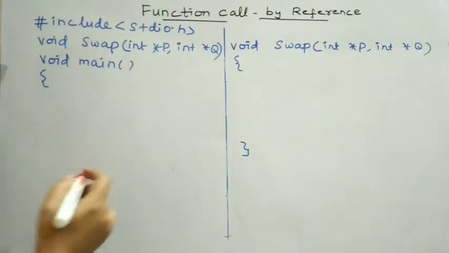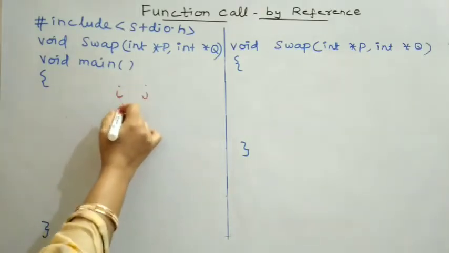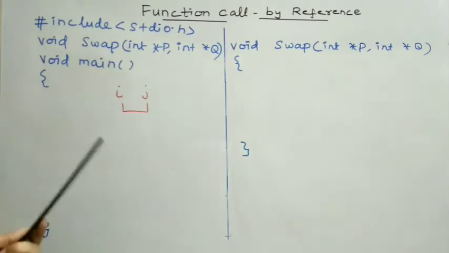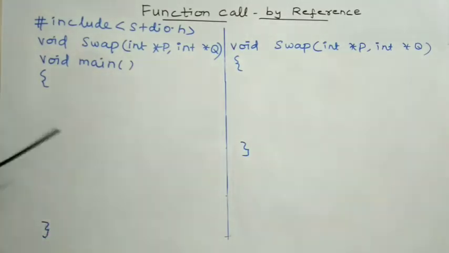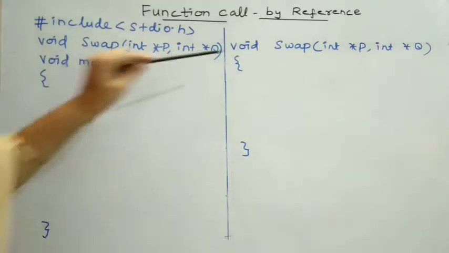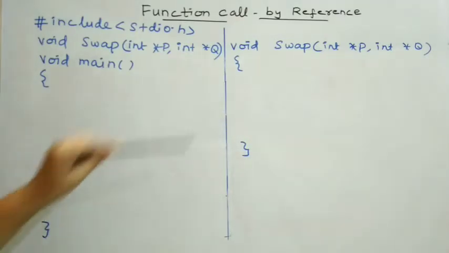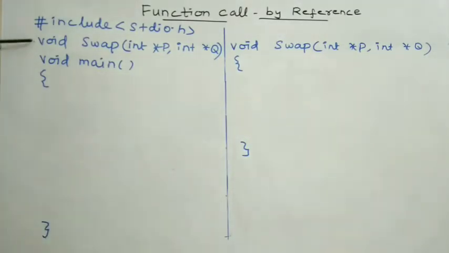Within this main, I am going to interchange or swap the values of two integer values given, that is i and j. Before this function main, I have declared a function swap, and the definition of the function swap is included after main. Inside the main function, I am going to call the function swap. Like any other variable, before it is being used, the variable has to be declared. Like the same, inside main function, I am going to call the function swap so that it has been declared before it is being defined.